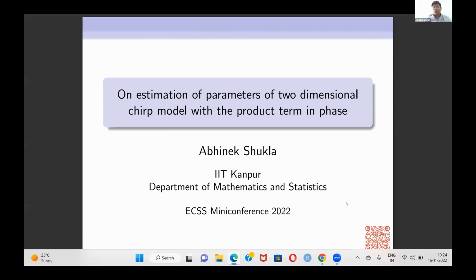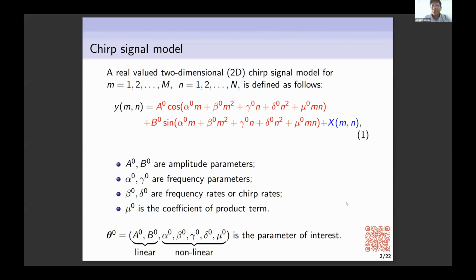I will discuss parameter estimation of the two-dimensional chirp model. Let me directly introduce the model itself. Equation 1 represents the decomposition of our data in two parts. The first part is the deterministic one, which is the red colored, and the blue part is the noise error part. In the first part, you can see that it is a constant amplitude, meaning that A0, B0 are free from the running indices